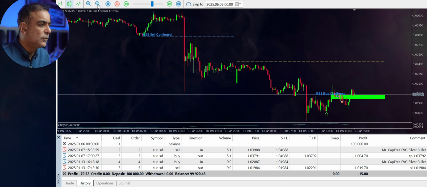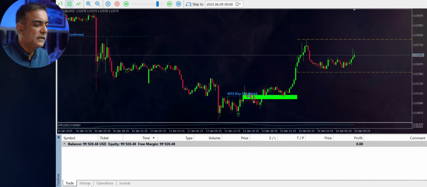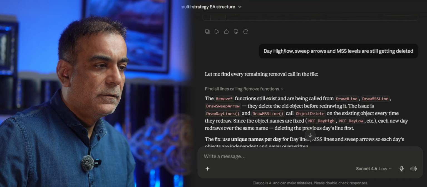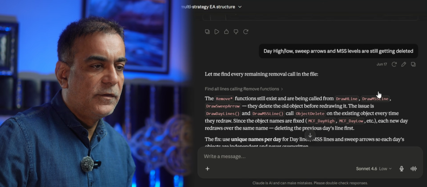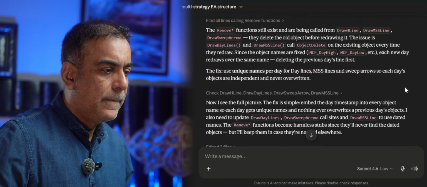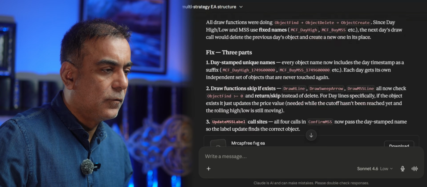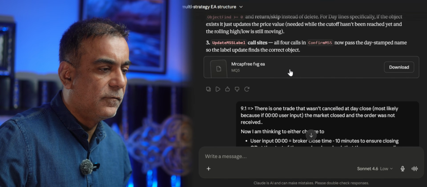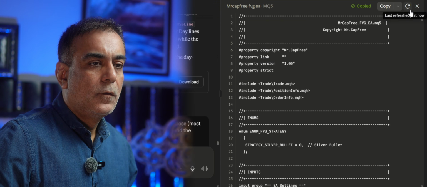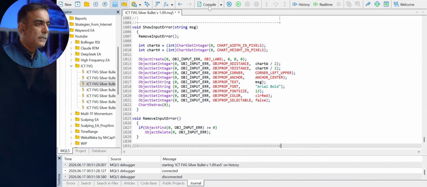But one thing which I'm noticing is that all of the historical stuff is still getting deleted. So let's go back to Claude. The day high, low sweep arrows are still getting deleted. So Claude said, okay, let me find everything remaining. It started working on the entire thing, made all the changes, root cause, fixed them, and then the files again. Copy, go back to MetaTrader, paste it, compile,